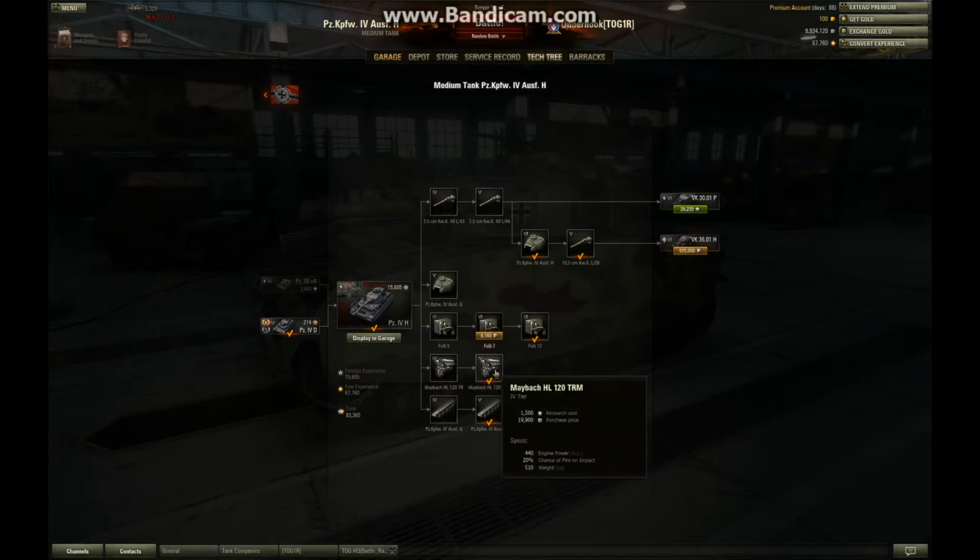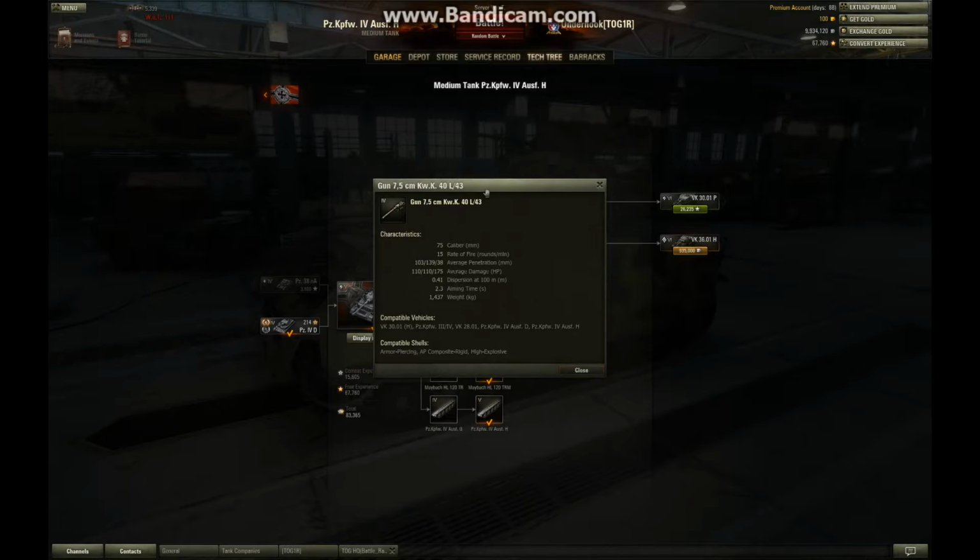The engine, I went straight to the top engine and straight to the top radio simply because they are already unlocked for me because of the other tanks I've had. So I can't tell you if the engine upgrade is really worth it, but on paper it gives you 33% more power, so it should make a difference, but we all know with World of Tanks it doesn't always work that way. The first couple of guns you get,